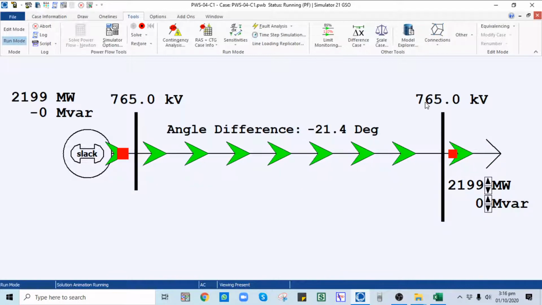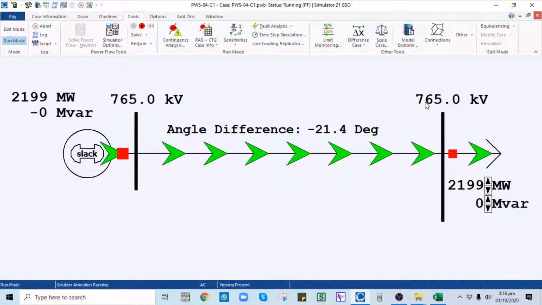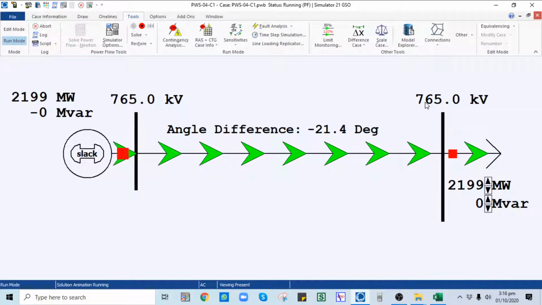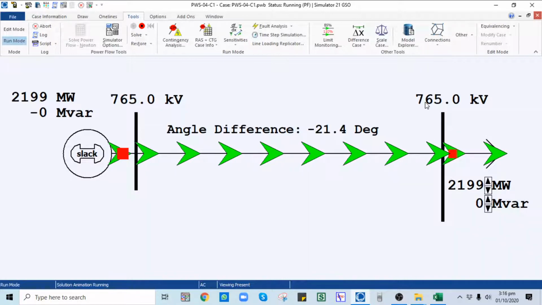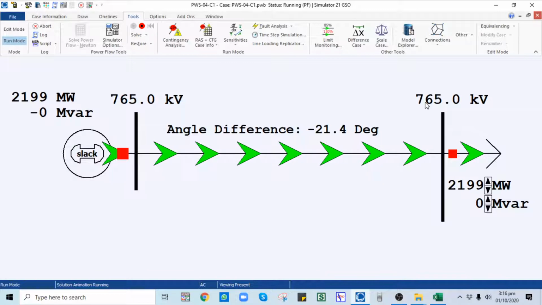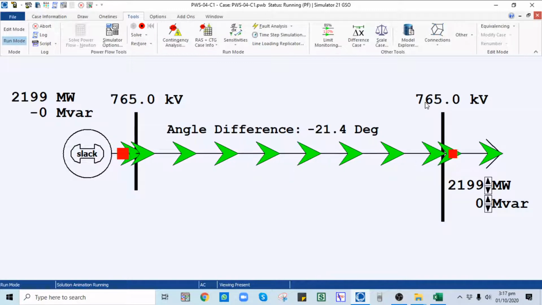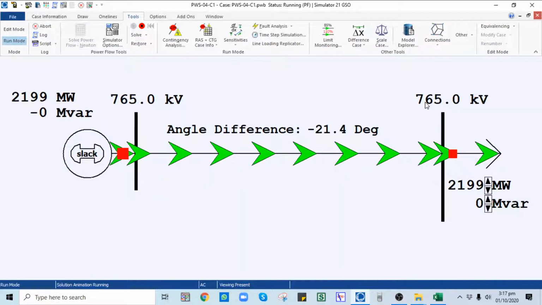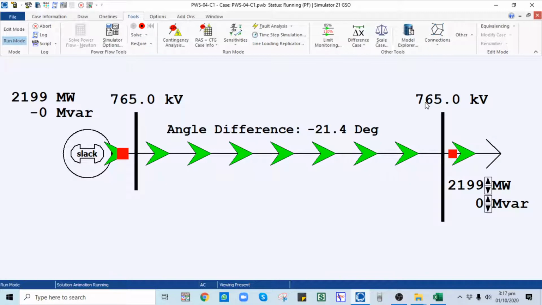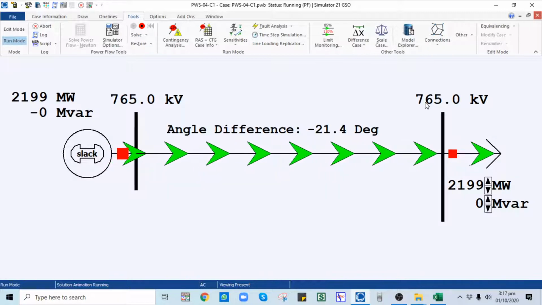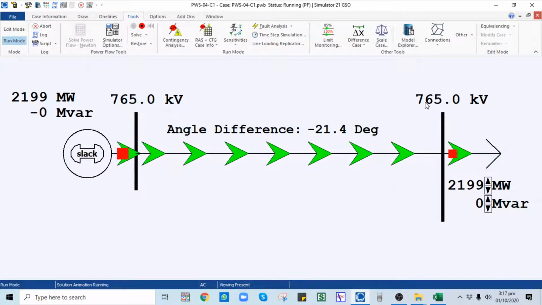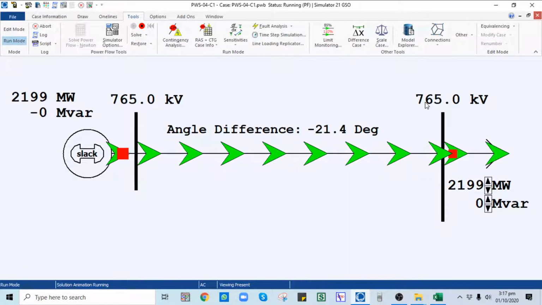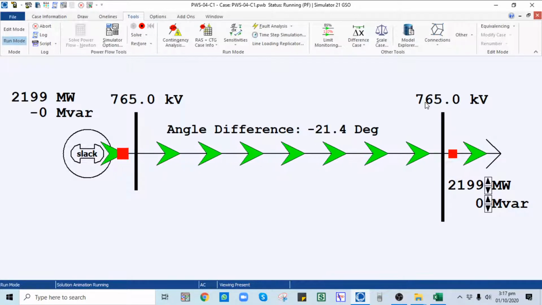That is mostly what we studied, and we call this effect the Ferranti effect, when the receiving end voltages are more than the sending end voltage under light load conditions. The light load means the load less than the SIL value. So this is called the Ferranti effect. So this is the working of your SIL and the transmission line loadability. Hope you will understand this concept, what is meant by the practical loadability of your transmission line, and at which load the line is lightly loaded, and at which load the line is heavily loaded.